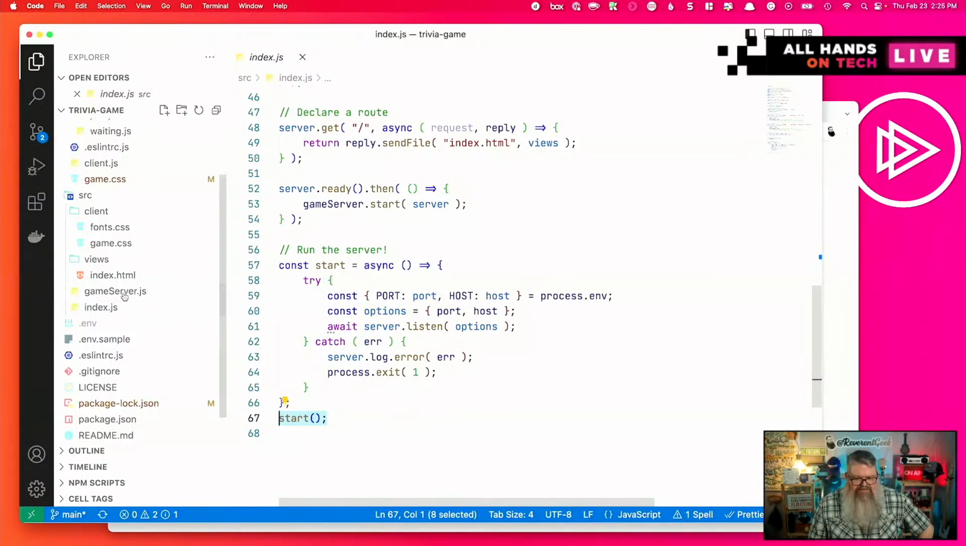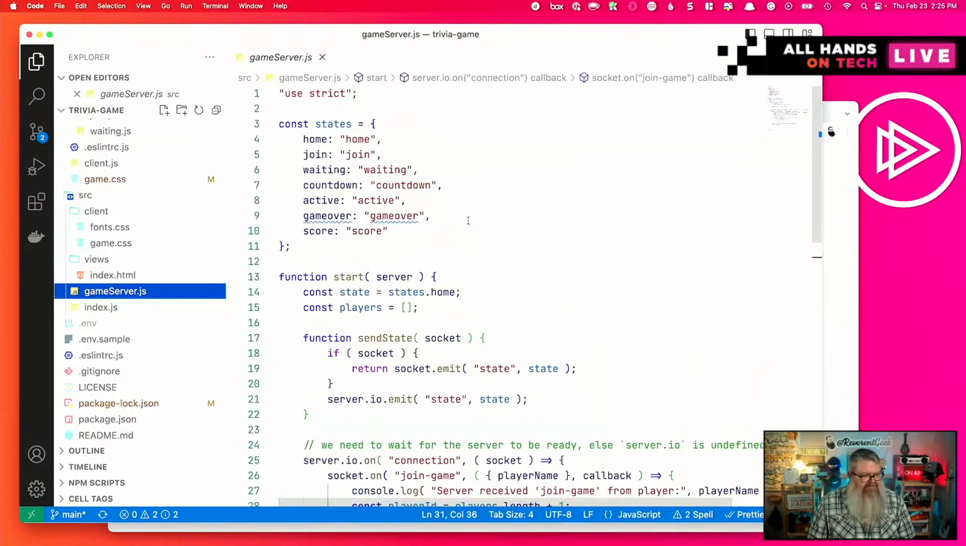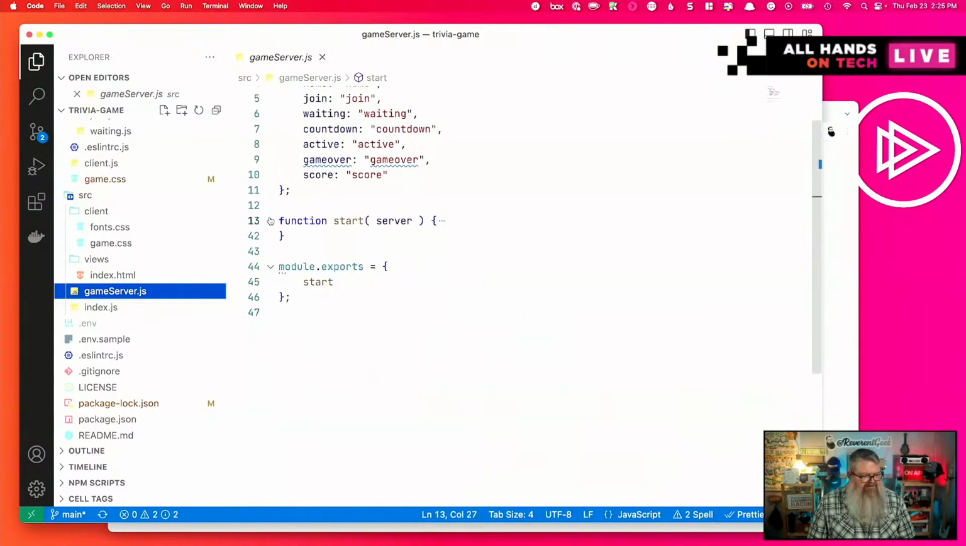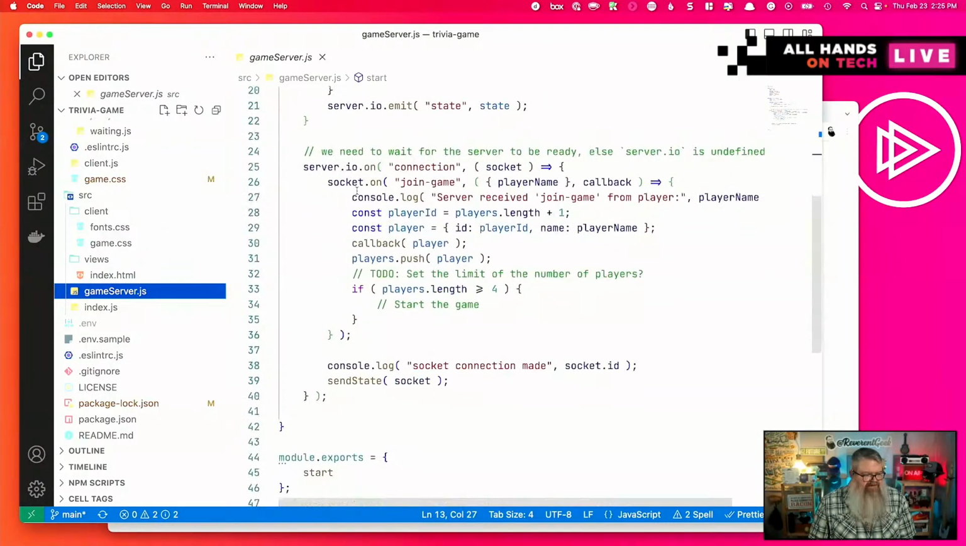Now, I know I've glossed over a lot of stuff. We've covered all of this in other streams, so I'm just giving you an idea of how this works. I've got a game server, which has this start function, and that's the function that it exports. And in this start function, we've got